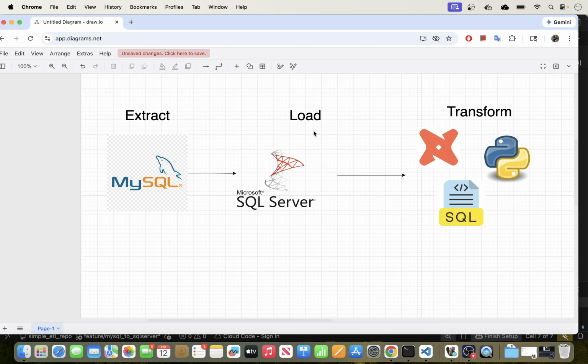Welcome back everyone. In today's video I will be showing you how to build a simple ETL pipeline, and on this one I will be walking you through how to extract data from a MySQL database and then load it over to a SQL Server database. And in the ETL or ELT process, the third step will be to transform the data, and